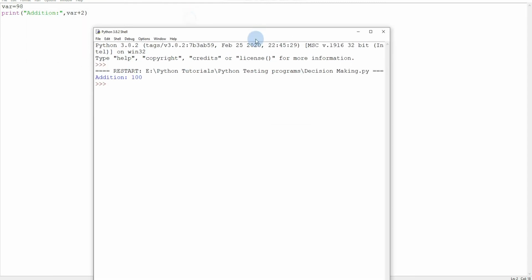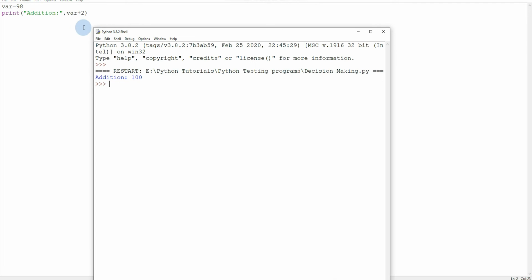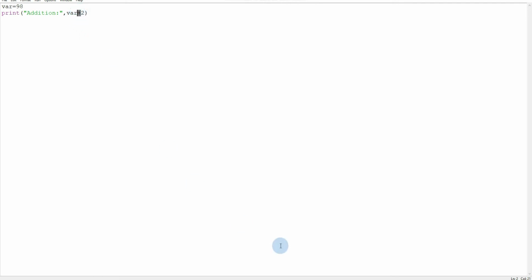As you guys can see, we have printed our variable var using the addition operator over here. Var plus 2, 98 plus 2 is equals to 100. As we can see, addition is performed using the plus sign easily.